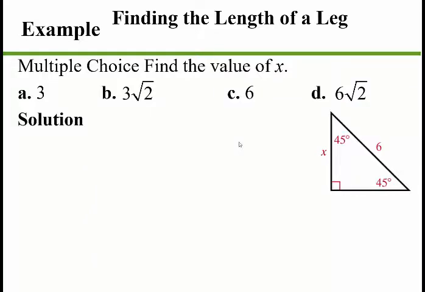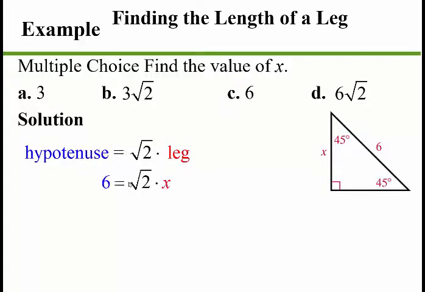All right, let's do another one. Let's find the value of x here. So I am giving you the hypotenuse, and I'm asking you to find the measure of this leg right here. Well, we're just going to follow the formula. The hypotenuse is equal to the square root of 2 times the leg. We'll plug in 6 for the hypotenuse, and the leg is still just x here. So to solve this, what you have to do is divide by the square root of 2 over